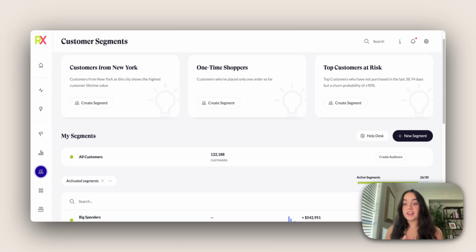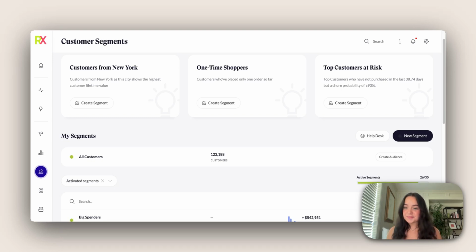Customer segmentation is a very powerful tool, and when used thoughtfully, it allows you to truly understand who your customers are and how to cater to them in the most effective way possible. In today's video, we'll be discussing all of the ins and outs of the segment builder itself, including better understanding the logic behind each of its unique conditions, and we'll get to build out some really interesting and impactful customer